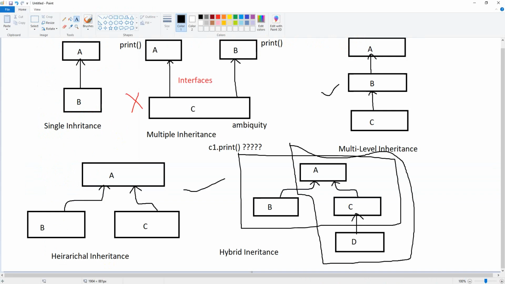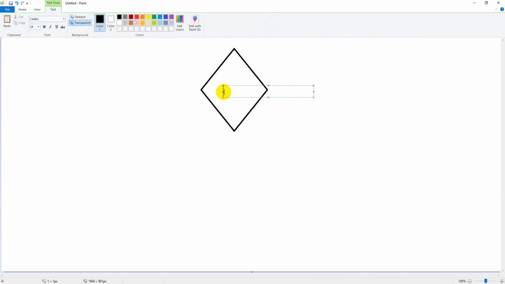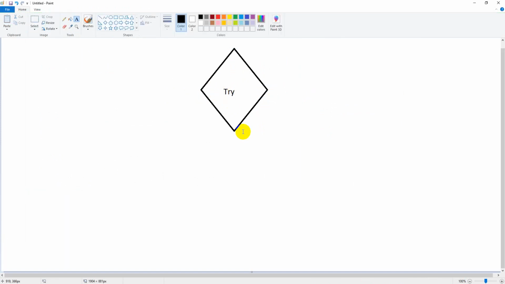Let me explain. Whenever your code flow is going on, you write the code which has a chance to get an exception under the try block. Suppose this is my program flow, then I will write the try.